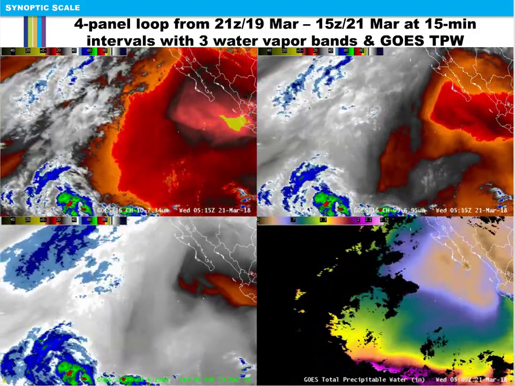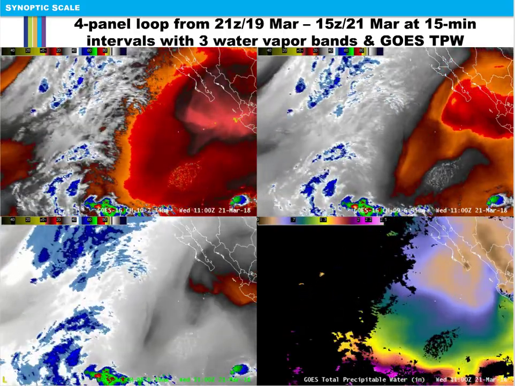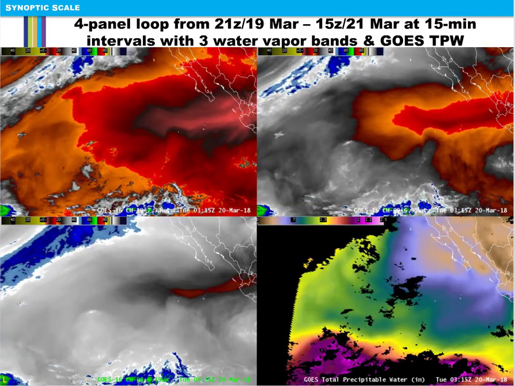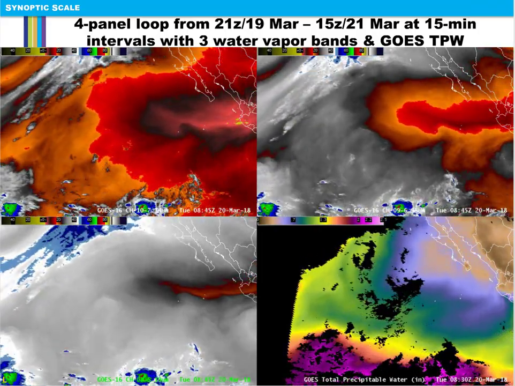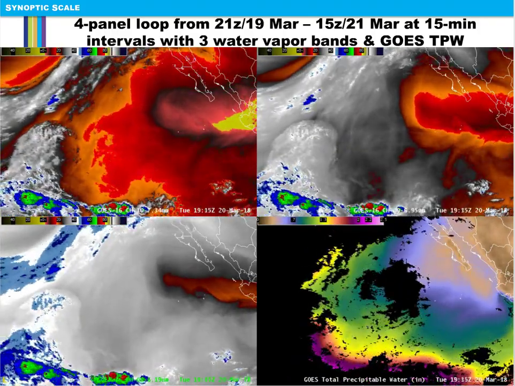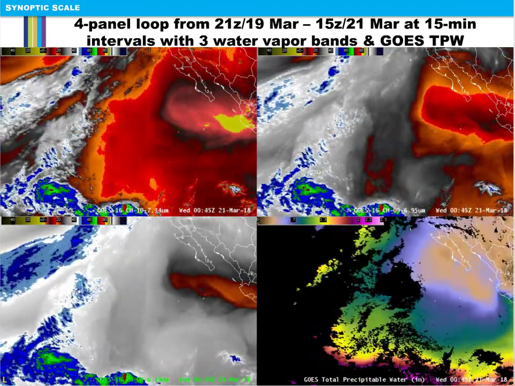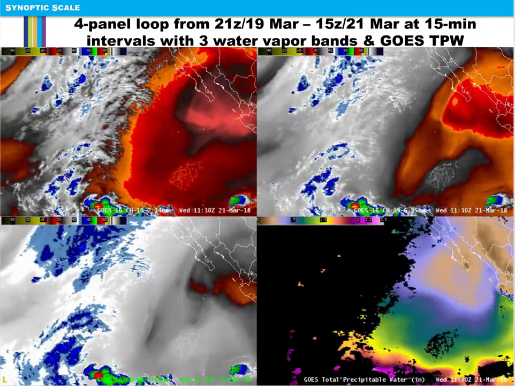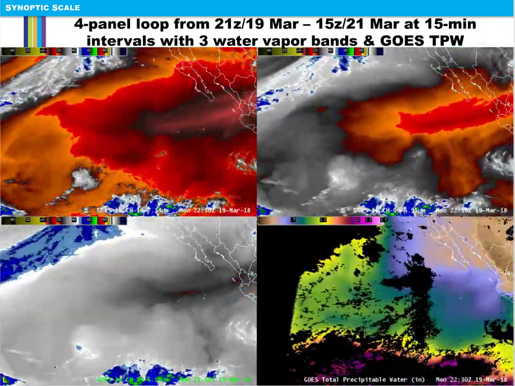The limitation with respect to clouds does not allow us to determine the PW within the AR plume, and in this loop we have focused on the northward surge of moisture. Specifically, note the northward push of the red and bluish colors in the far southwest portion of the image during the first part of the loop, showing the deepening moisture to levels at and above 2 inches of TPW moving